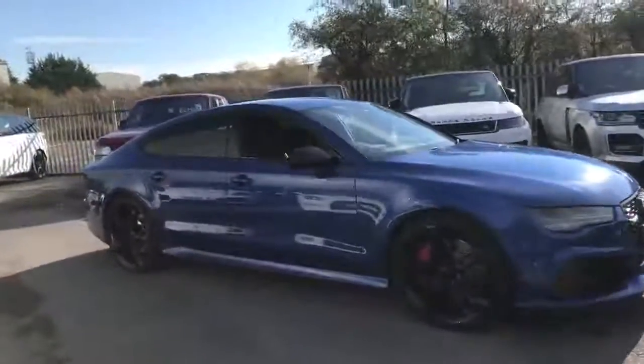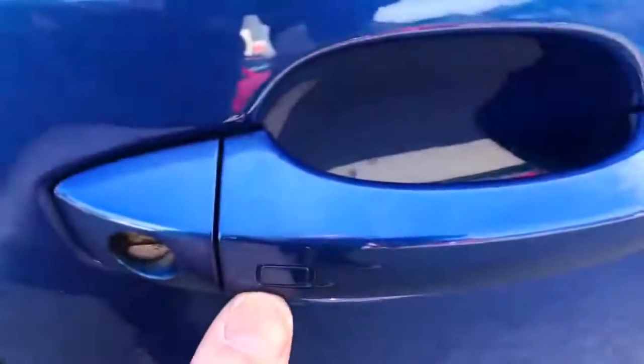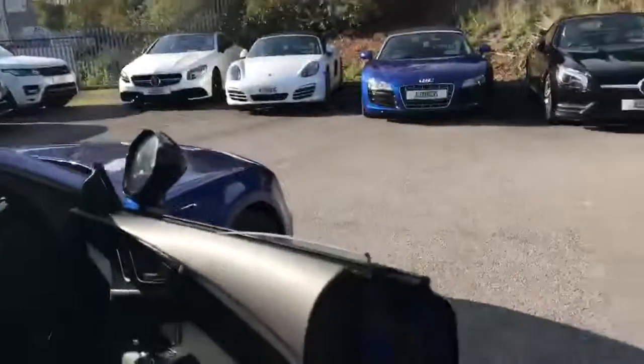Okay. One of the things that this car benefits from as well is having the keyless entry. So all you're going to do is walk up to the car, open it up, or just hit this little button here and it locks, holds all the mirrors up as well. But as soon as I touch the door handle, it unlocks, and then we have that wonderful pillarless